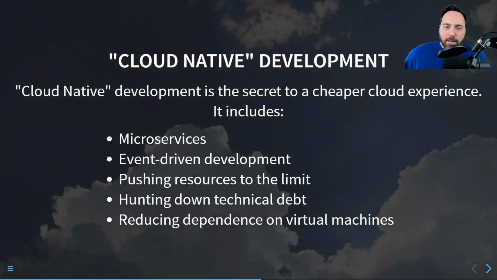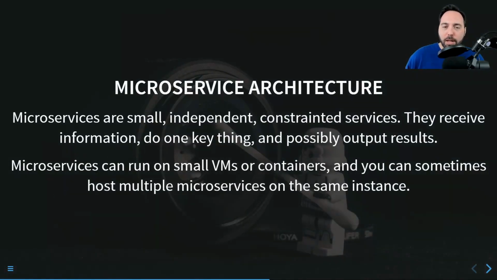So here's the alternative. The alternative is what I call cloud native development. The idea is we're going to have a series of practices that fit better with a cloud development lifecycle. And let's talk about each one in turn. The first one is this concept of microservices. I don't necessarily push people hard on microservices as such, and I think that you can go to the extreme. So I think of this more as maybe mini services.